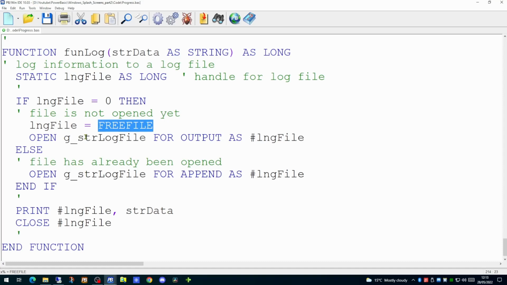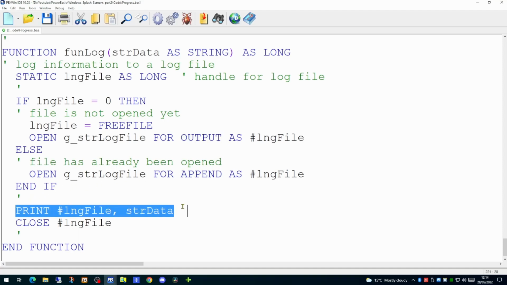We will then open the file for output. The next time this function is called, long file will be populated. Using the static type of variable allows this function to remember the value of the variable the next time it is run. So for the second and later iterations, we will be appending to the file, and it will quite simply use a print command to print the data out to the file.